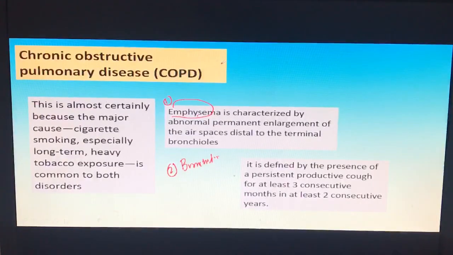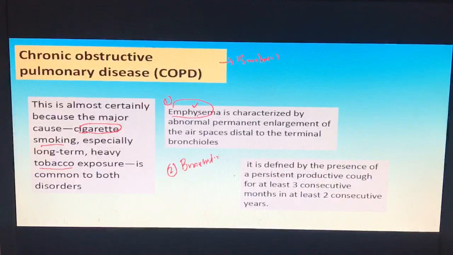So what's the main cause for this disease? This disease is related with cigarette smoking, the heavy exposure to tobacco. So this disease is common in smokers. The smoke chemicals lead to inflammation at the level of alveoli, emphysema, damage to alveoli, and it can lead to